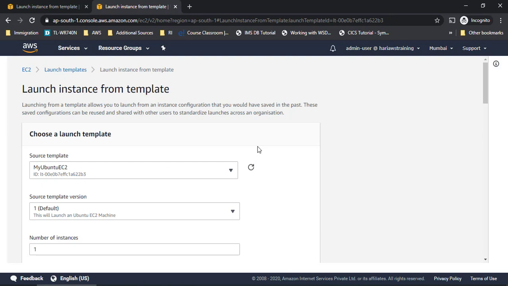So instead of doing that, this will be like a process which can be used by anyone while creating an EC2 machine. If they want to go for Ubuntu, if they want to go for Windows, they can have separate templates for both, and then you can launch from there. That way these are very, very helpful. I know this is a very short topic. I assume that this topic is very clear to everyone.